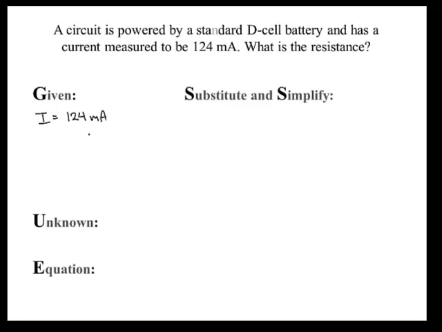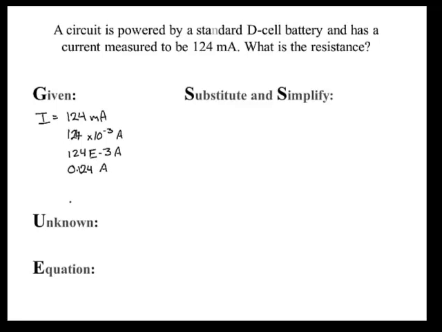Unfortunately, it is in prefix notation, so I need to rewrite that, and there's many ways in which I can write it. I can write it as 124 times 10 to the negative 3 amps, milli meaning 10 to the negative 3, or I can write it 124 e to the negative 3 amps, or I could write it in standard notation,